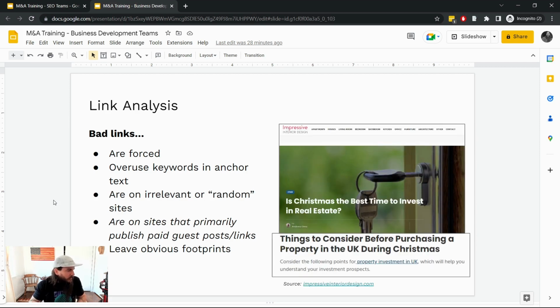Fourth, are you finding links on sites that are primarily publishing paid guest posts and links? So I've already given some examples on that, so I won't go super deep into it, but again, going to that homepage feed, looking at some of the more recent articles published and seeing if they're paid. These are generally pretty obvious to spot,